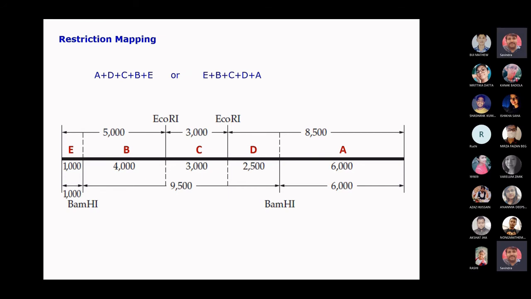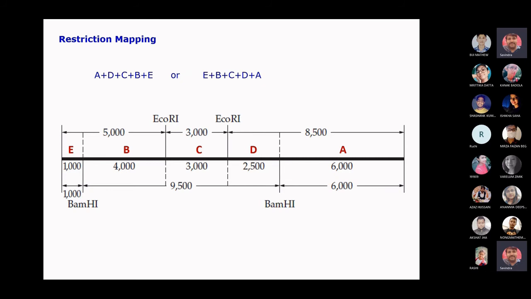So this photograph is also showing, if you are digesting it with EcoR1 or BamH1, what will be the fragment size. Individual E, B, C, D ये तो मिल ही रहा है, but from where you will get that 5000 EcoR1 fragment, 3000 EcoR1 fragment, or 8.5 EcoR1 fragment, or 1 kb BamH1 fragment, or 9.5 BamH1 fragment, or 6.0 BamH1 fragment. So this is more self-explanatory mapping. ना कि इन्होंने different fragments को locate किया है, बल्कि individual fragments भी कैसे उसको show करेंगे.